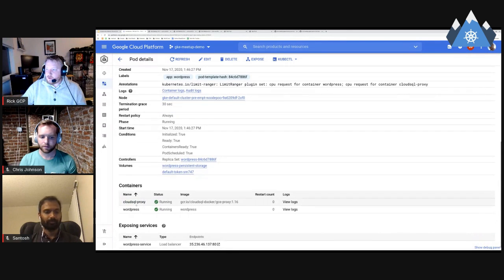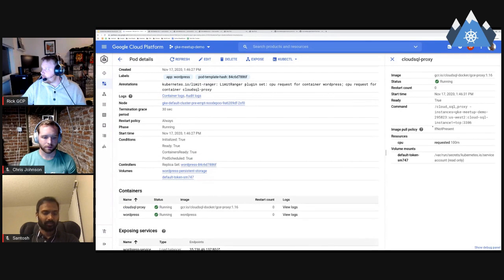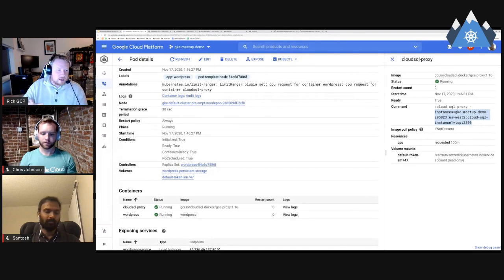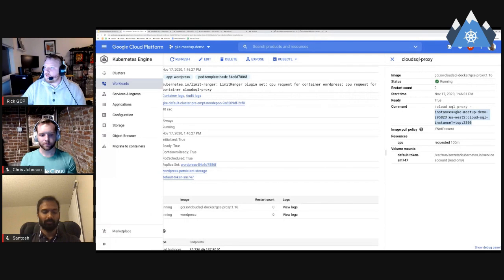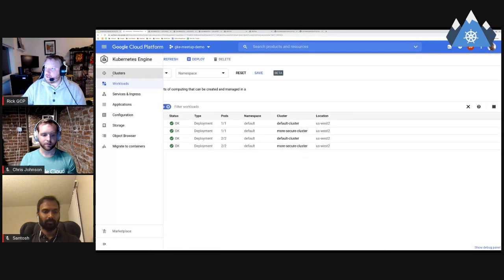By default, this Cloud SQL Proxy is connecting to our internal instance over that IP. Right now it's using the default built-in node service account to accomplish that. There's no username or password or anything provided. It's another example of where it takes information from the environment in order to make the connection and do what needs to be done. When we switch over to our more secure cluster,